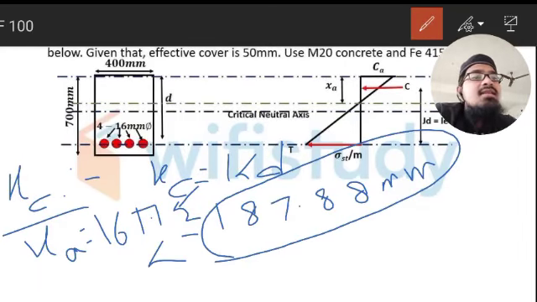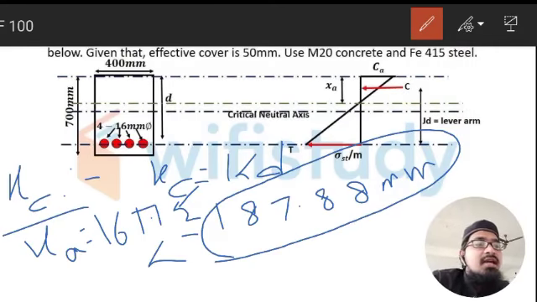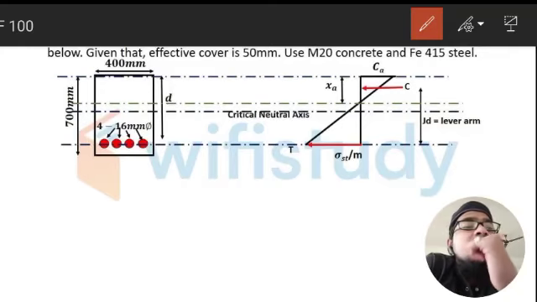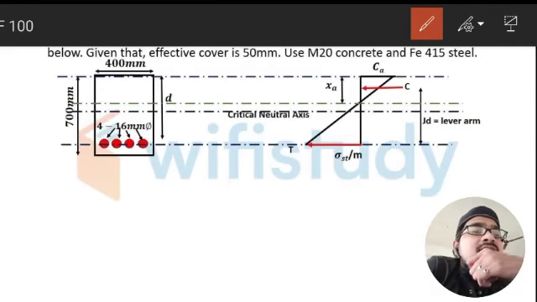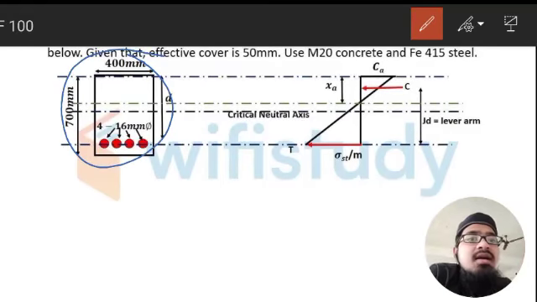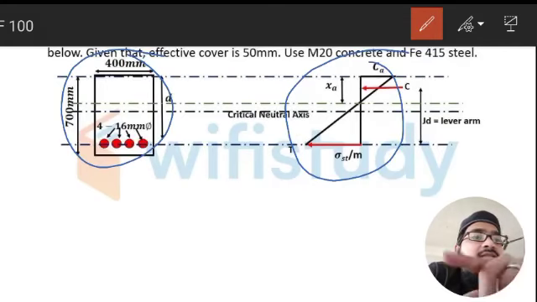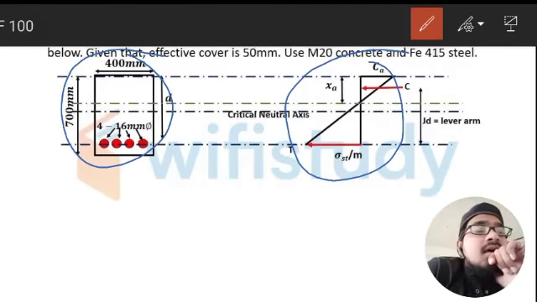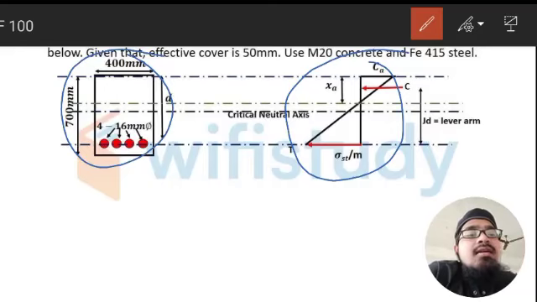So if xa is less than xc, what type of section is it going to be? It is going to be an under reinforced section. So that's why the diagram is drawn before only. Actually, this is the question of the diagram that is going to be given in our exam. Otherwise this diagram is not given. This diagram should be drawn by us after concluding. So after seeing this diagram, you might think that this will also be given in the exam. Not like that.